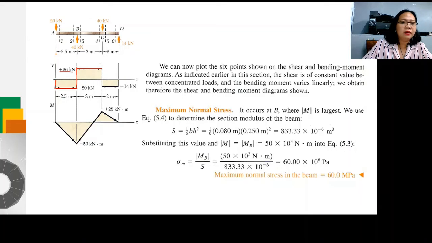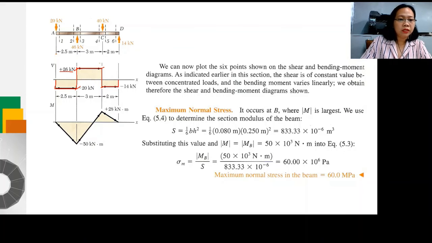And then, there is an applied load 40. So, from 26, mo down ka padulong diri og negative 14. Kay kani nga magnitude is 40. Kani nga magnitude gikan diri padulong diri is 46. So, from point C up to point D, you have negative 14 nga shear. Okay? So, for the moment